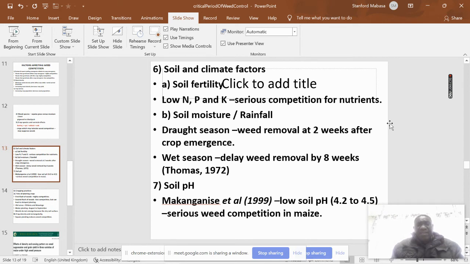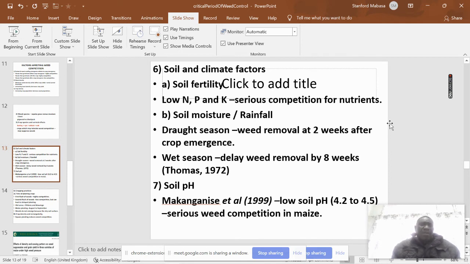Soil moisture, rainfall, drought conditions, or a drought season may require farmers to remove weeds at 2 weeks after crop emergence or even earlier. But in a wet season, they could actually relax and remove these weeds by 8 weeks after crop emergence. Anyway, that is the boundary, or that is where the critical period for weed control may end, according to Thomas,